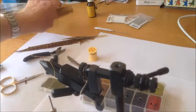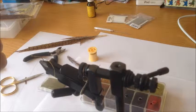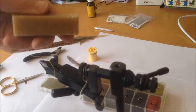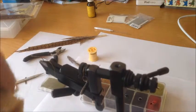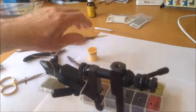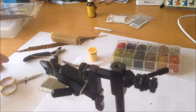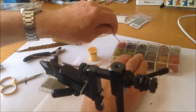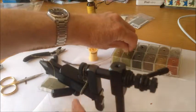The next thing is to put on the body for the fly, and that I'll be doing by using the method which I find works for me. I just lay a little bit of beeswax. This is a little block of beeswax, and I just put a little bit on my thread. There we go. And then I'll take the dubbing of the color I want, and for this particular fly I'm just going to take a medium green piece of dubbing, which I'll extract out of my dubbing box here,